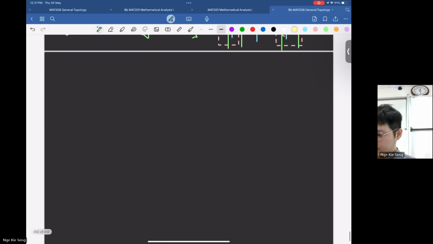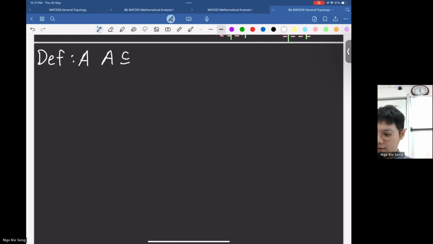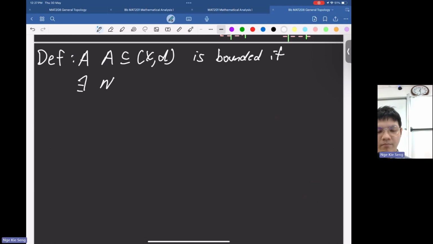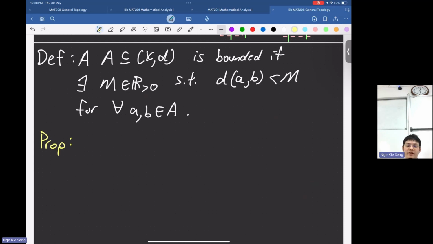Let's continue. A subset of a metric space is bounded if there exists a real number M. I think this M should be positive, such that the distance between A and B is less than M for all A, B in the subset. So an easy proposition is that if every pair of points is bounded by a value M, then you can say that